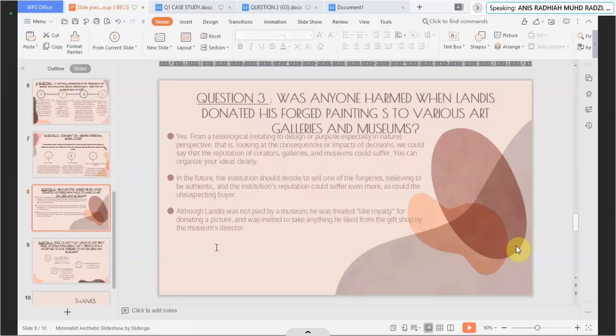Okay, for my part, I will present question 3, question 4, and another one is conclusion and opinion. For question 3,